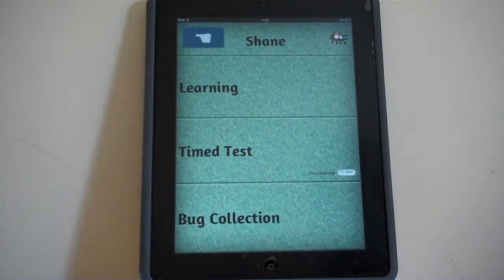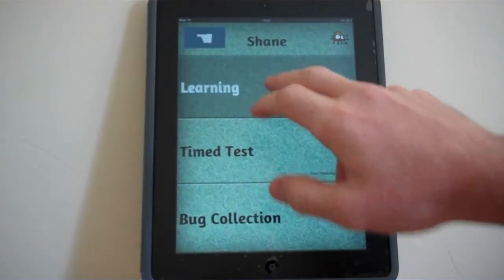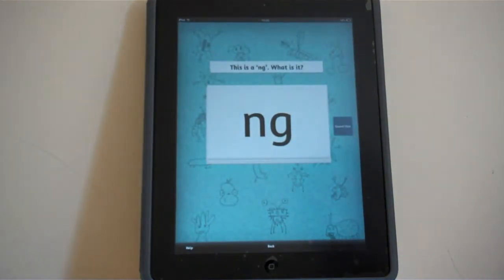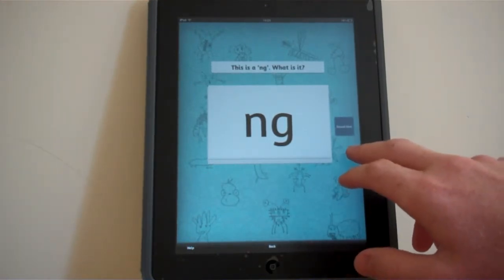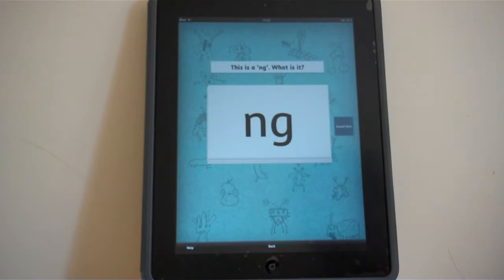This is the activity selection screen of the app, and the activity we're going to complete now is the learning task. So if we touch on learning, we're presented with a sound which the child has identified that they don't know, so they're going to be taught this one. So if you're not quite sure what sound these letters make together, you can touch the sound hint button and it will tell you what it is. You get the child to repeat this and to repeat this again after you until you're sure that they're saying